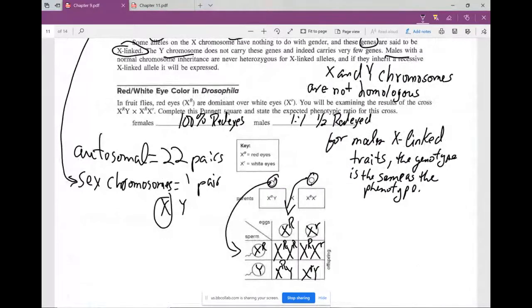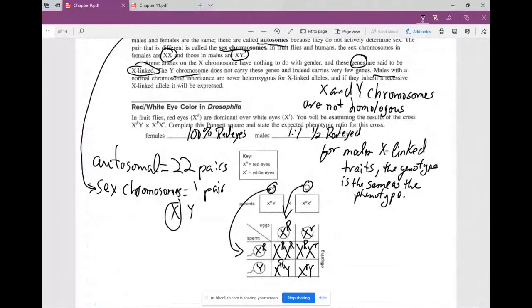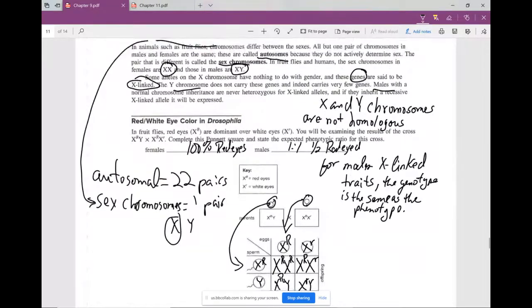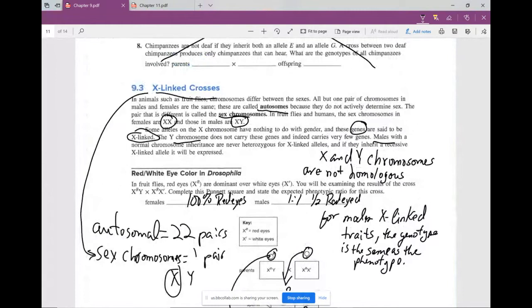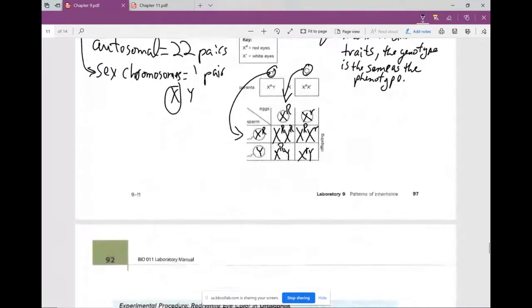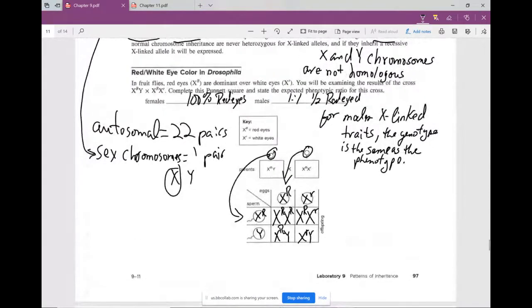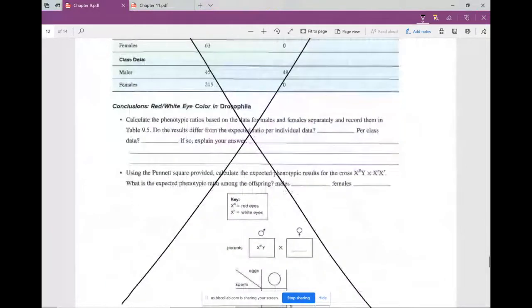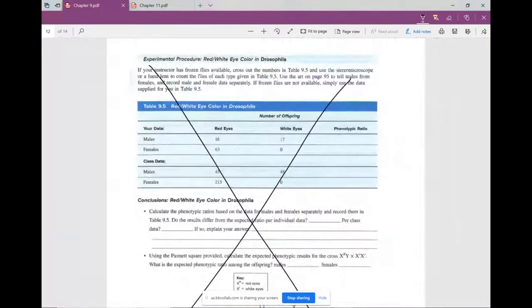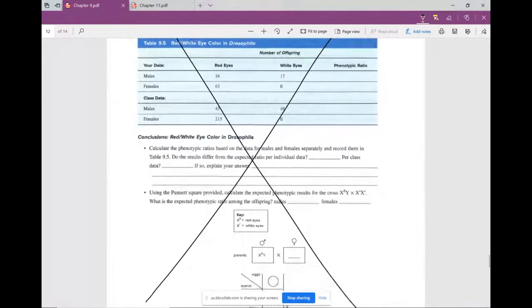So with this example, I hope that you guys have a good idea of how X-linked traits work. It's the same rules that apply to the other traits that we were discussing today, except that it's linked to the X chromosome. They do have Y-linked traits, but they're going to be quite different from what you find on the X chromosome, because once again, the X and the Y chromosomes are not homologous chromosomes. All right, so in this case, we're going to go ahead and skip these